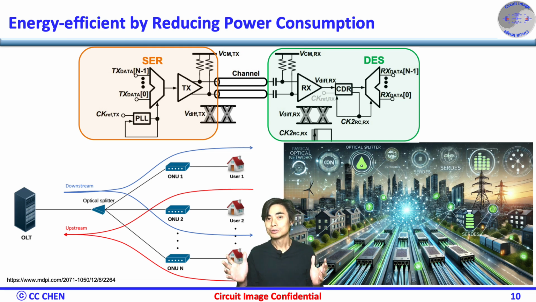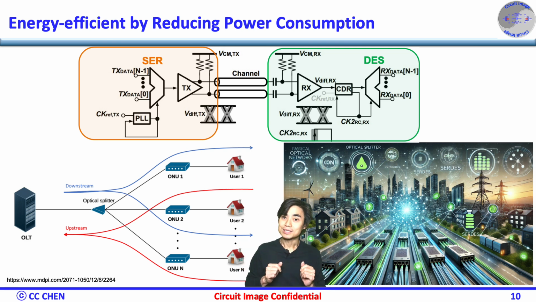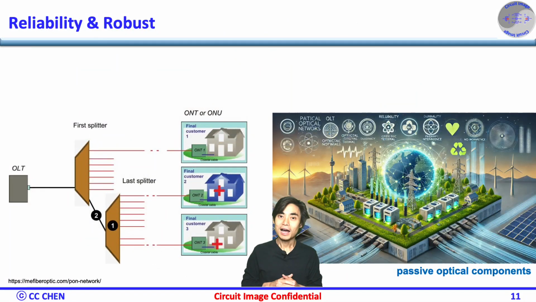This is crucial for large-scale fiber optical networks, where both high performance and energy efficiency are essential for long-distance and high-speed communications. PON networks are more reliable than traditional copper-based systems because they use passive optical components, which have fewer